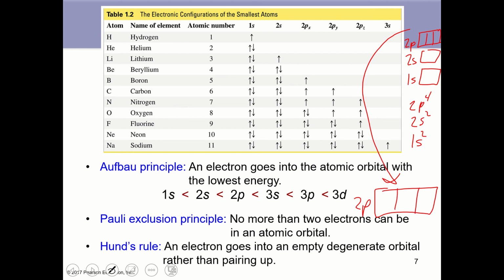What does degenerate mean? This word right here, degenerate. Well, I'll tell you something that might help you remember this. The next time your parents tell you that you're degenerate, you can tell them you're right. I have the same energy as you, because that's what degenerate means. That means they have equal energy. So our p orbitals are degenerate because they have equal energy,